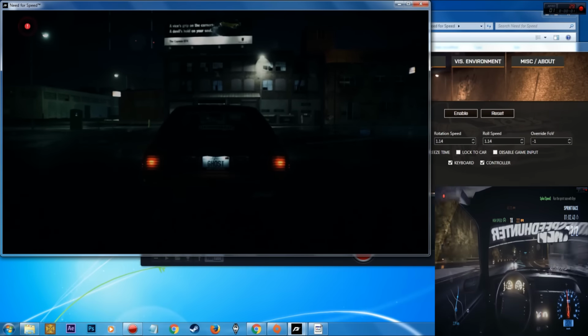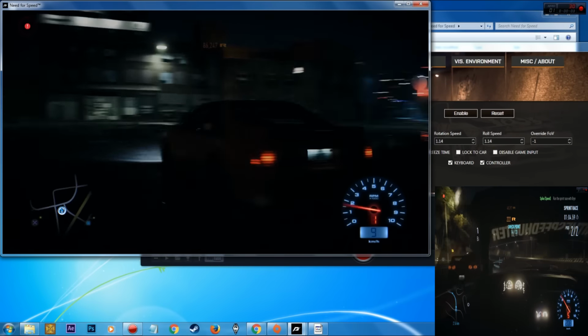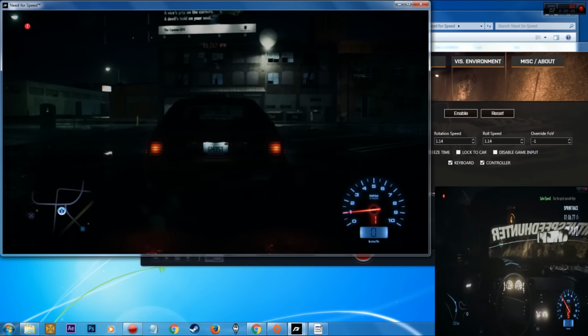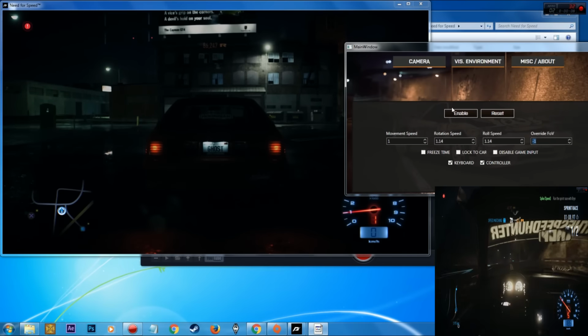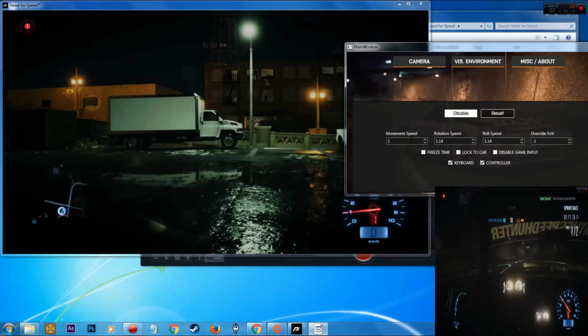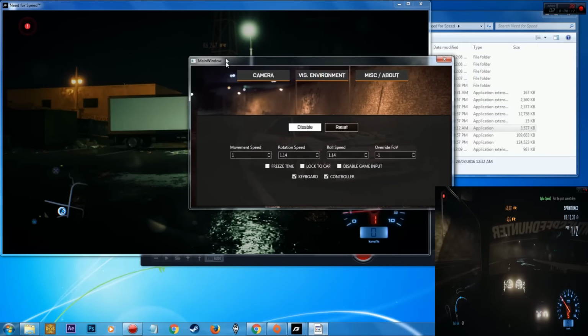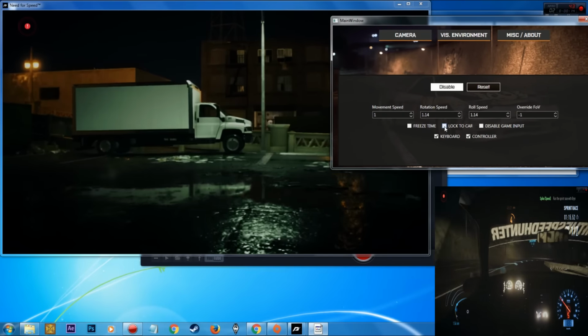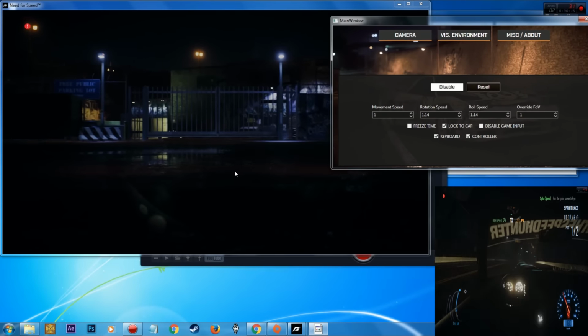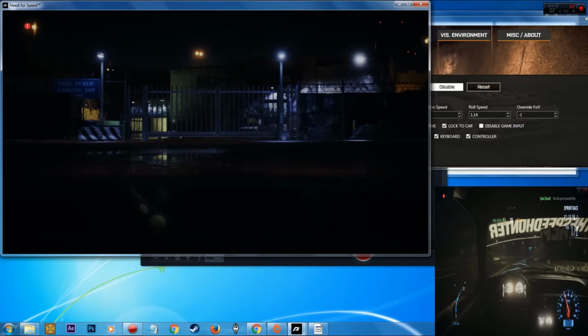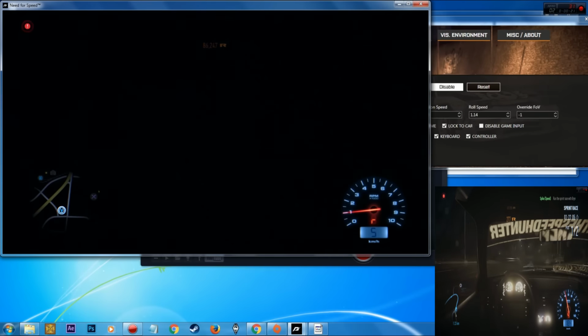Okay, the first thing you want to do when you load into the game is, we're going to switch over to the camera hack. We're going to enable it. As you can see here, it is toggled on and off. Now the first thing to make sure is to lock it to car. Now the reason being when we lock it to car is it stops it from